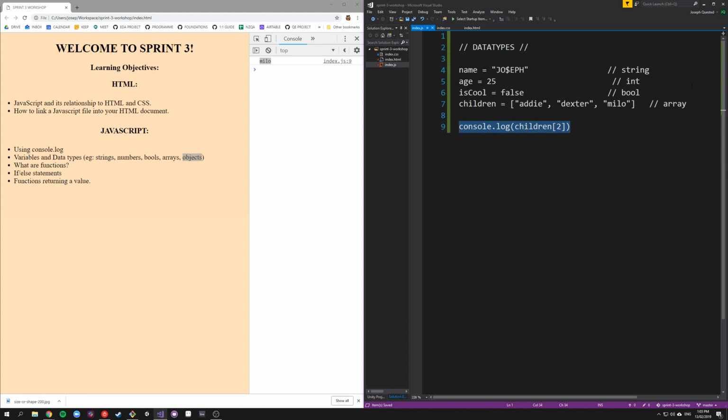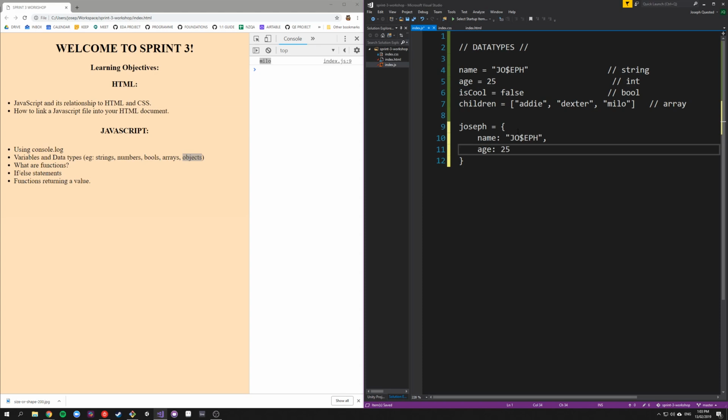So I'm going to make a new object now, and it is going to be the object of me, all encompassed. The way that you declare an object is you write the name of the variable, just like we have all of these other times, an equal sign, and then we open up a pair of curly brackets like this. Inside the curly brackets, this is where we declare our key value pair combinations. Here we're going to put a name property and set it to be equal to Joseph, like this. And then we're going to set an age property,